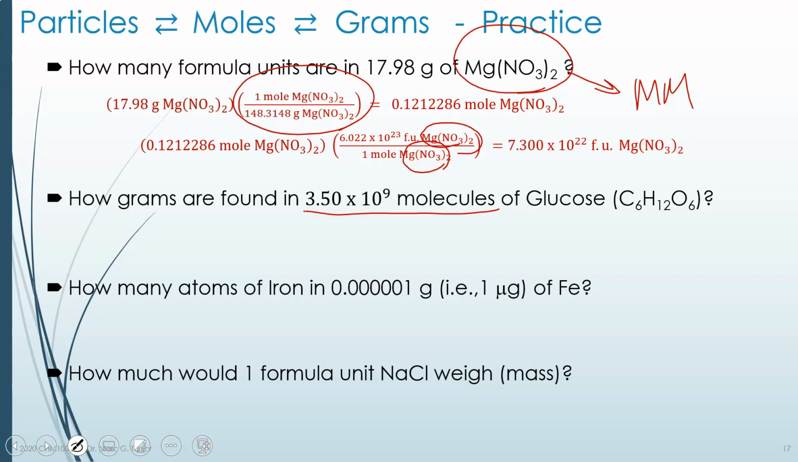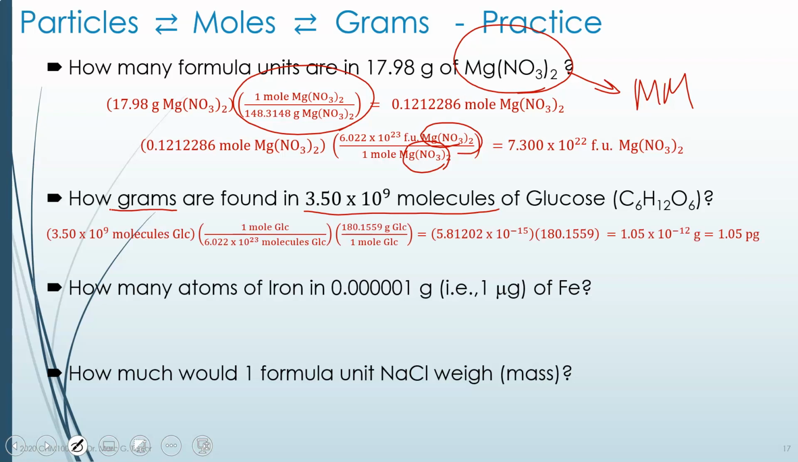The next problem goes in the opposite direction, where we start with the number of molecules, which is a type of particle of glucose, and we're asked for grams. So now we can do this together in one shot. We can put both our conversion factors. We always start with the thing we have, 3.50 times 10 to the 9 molecules of glucose. We build our conversion factor based on Avogadro's number to convert molecules to moles of glucose. So if you stopped right here, you would end up with the moles of glucose. And then you convert moles of glucose to grams of glucose by using the molar mass,